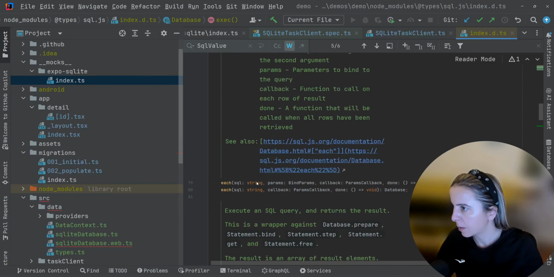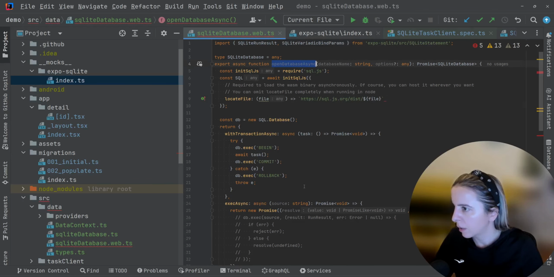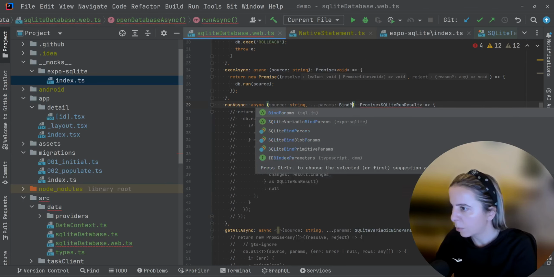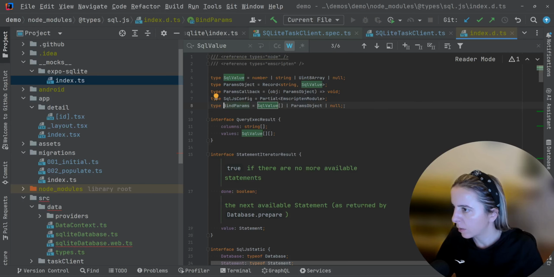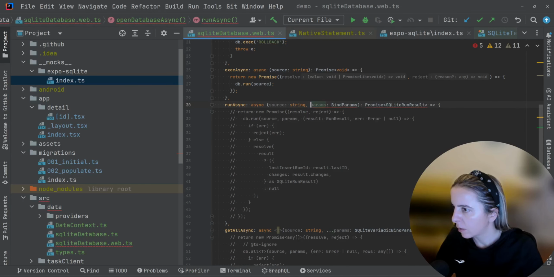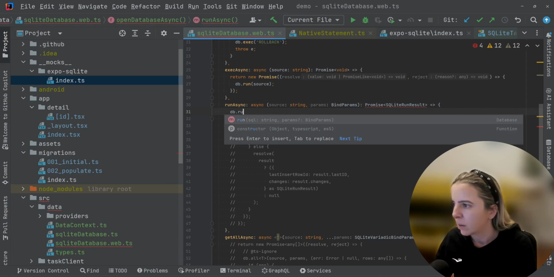Yeah, it doesn't have another example. Okay, here I need to put the bind params. And what else? Let's call this. Let's run the